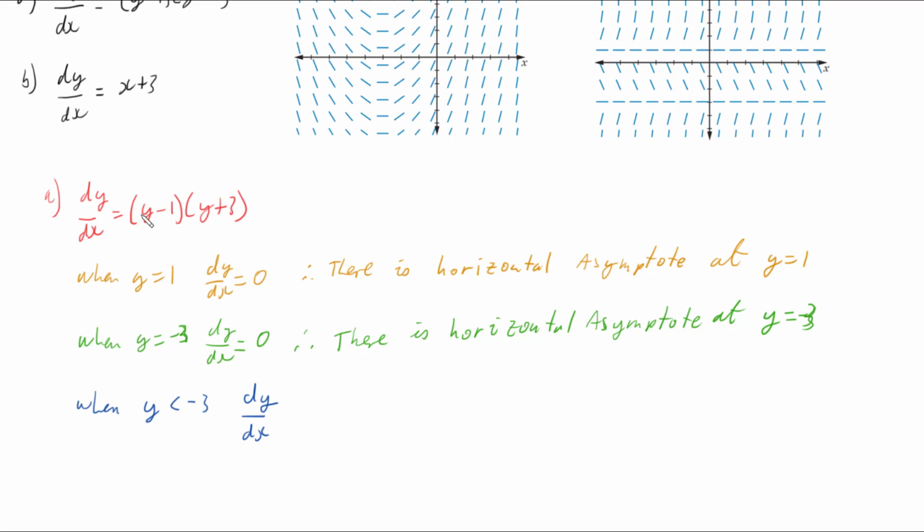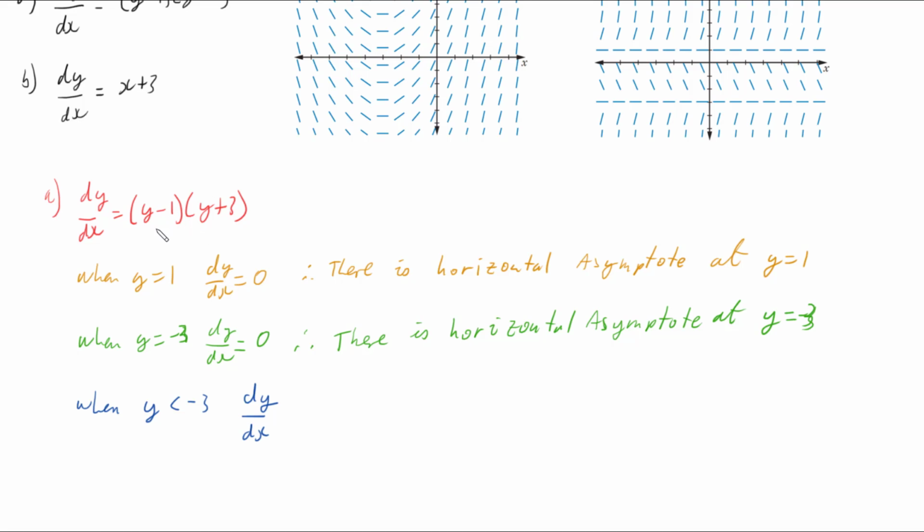If we think about putting a number just under negative 3 into this, let's say negative 4, then negative 4 minus 1 will be negative 5, and negative 4 plus 3 will be negative 1. And so we've got negative 5 times negative 1,